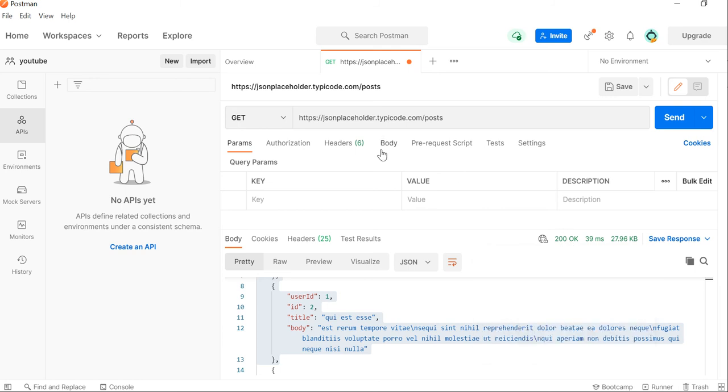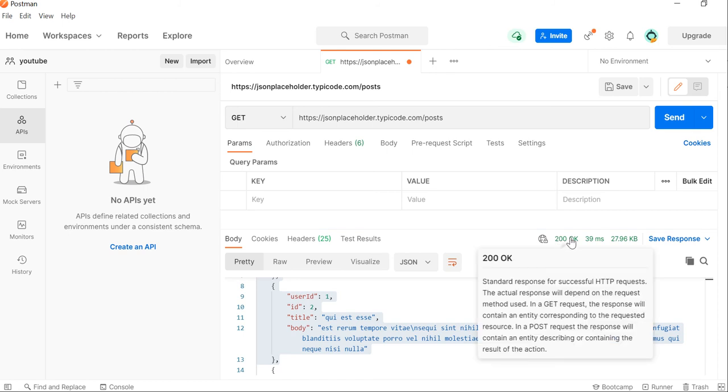It depends on the type of request you are sending, but whatever starts with 2 is mostly a success response. If it starts with 4, like 400, 402, 404, 405, it's mostly a failure from the client side, due to our mistake. And if it is 500, 504 or something, mostly it is from the server.